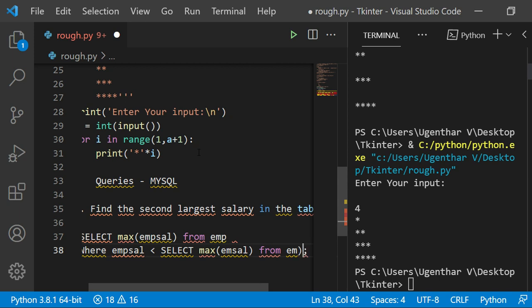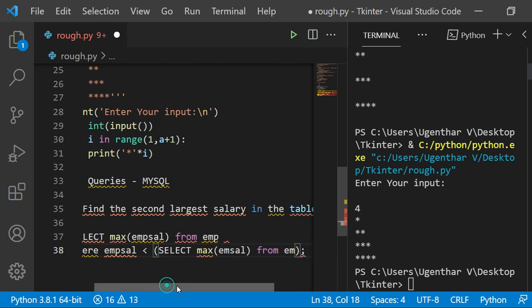You can also mention it in a bracket. This is the query to find the second largest salary in the table.